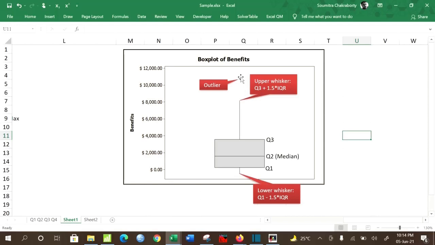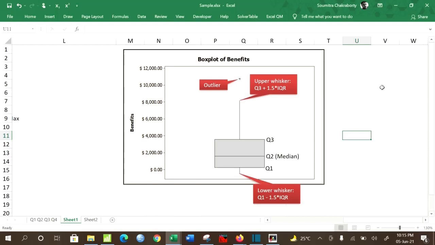Last point is the outlier. There is one particular point which is coming even outside of the upper whisker, which means that some special cause variation must be there with this point, which pushes it to the outside of the distribution. So it is always better to neglect this point or to reject this point before making an analysis.